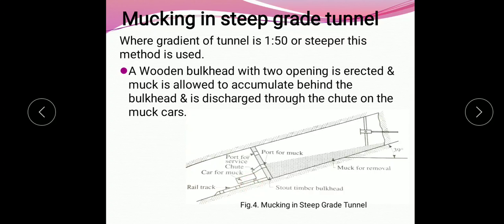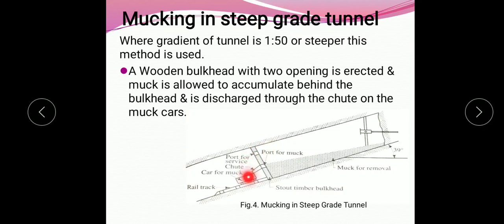So here a wooden bulkhead with two openings is erected, and the muck is allowed to accumulate behind the bulkhead. With the flow of gravity, the muck will accumulate up to this bulkhead, and this will result in discharge of this material through this chute onto the muck car.